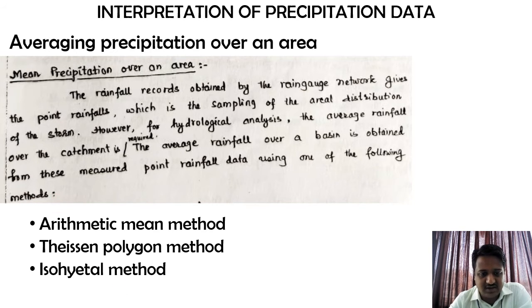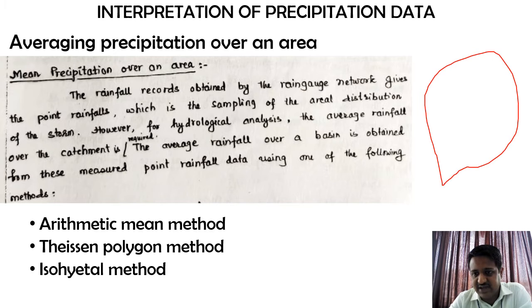So here what they are trying to say is, if I consider this as my catchment area, and imagine I have, let us say, three rain gauge stations with me. Each of the rain gauge stations is very small when you compare it with its effective area. If I make this effective area differentiation something like this, then the area I am going to have for each of these rain gauge stations is too huge when you compare it with the area of this small opening or a small rain gauge station.